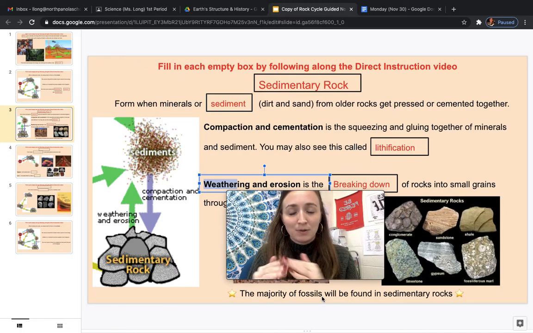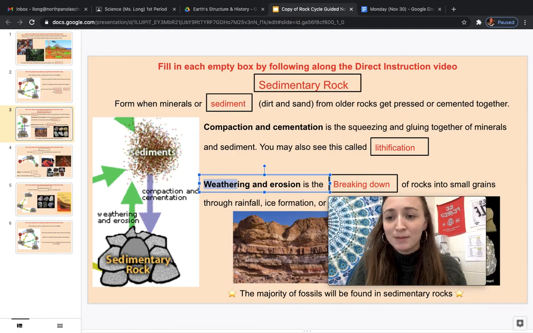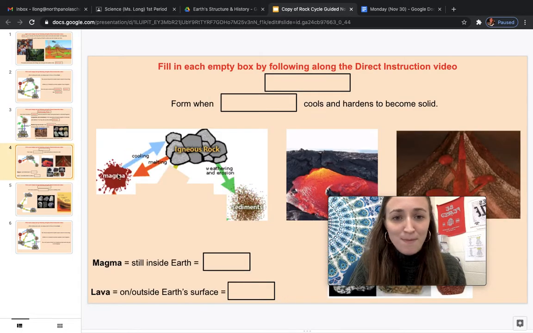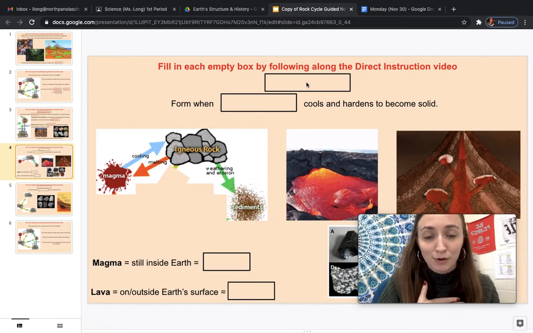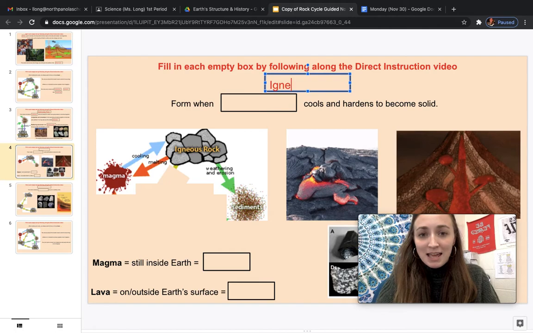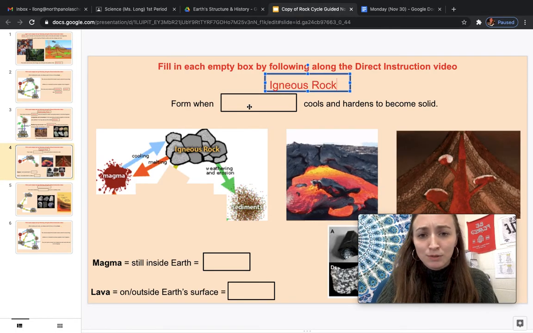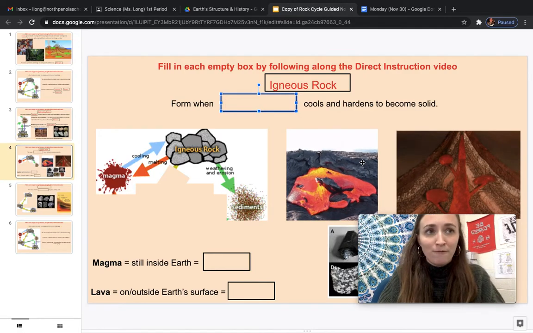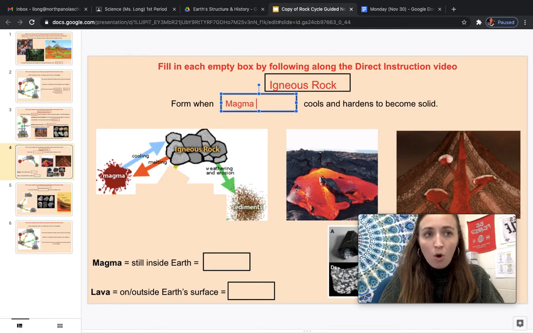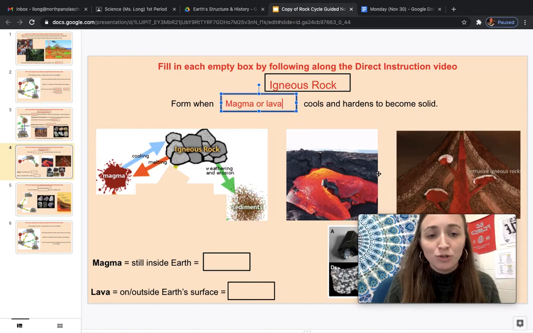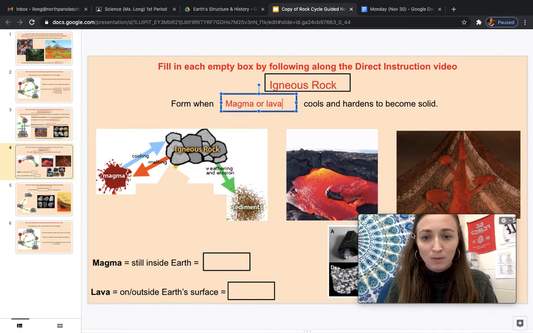Lithification, and that's how it's going to become a fossil. So the majority of your fossils, sedimentary rock. All right, let's move on to our next rock type, and this one is my personal favorite. It is the igneous rock. So what is an igneous rock? This is the type of rock that forms when magma or lava is going to cool and harden to become